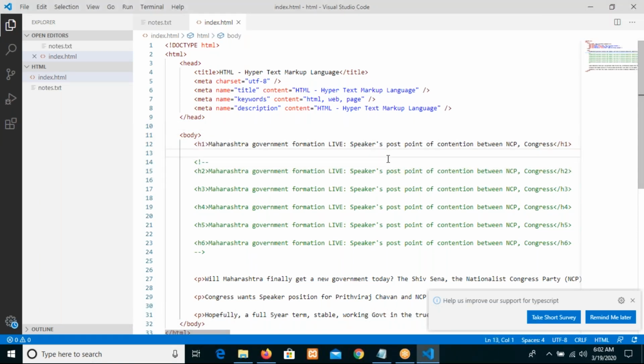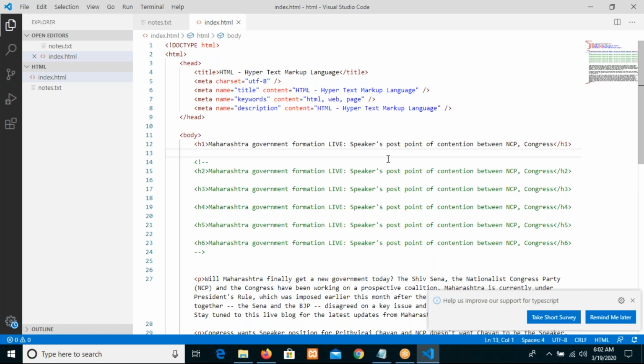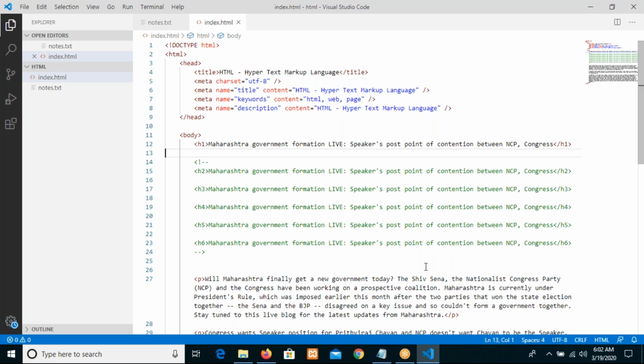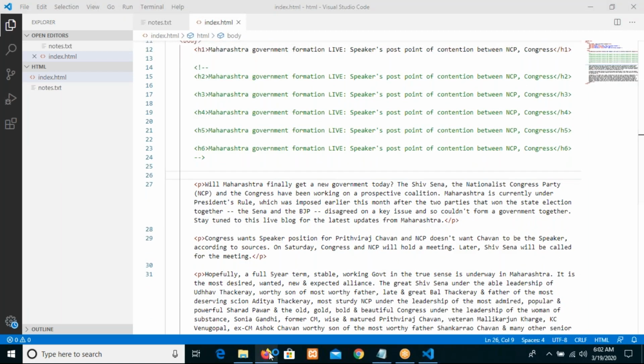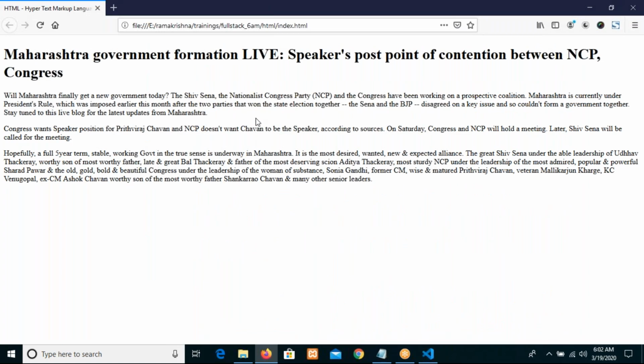We have written headings, subheadings, paragraphs, and the comment. Right. Let us see that output like this. Okay. So, okay,